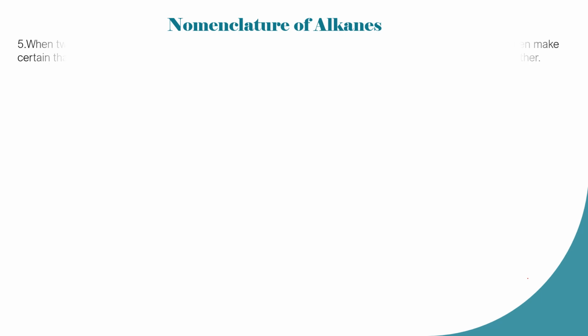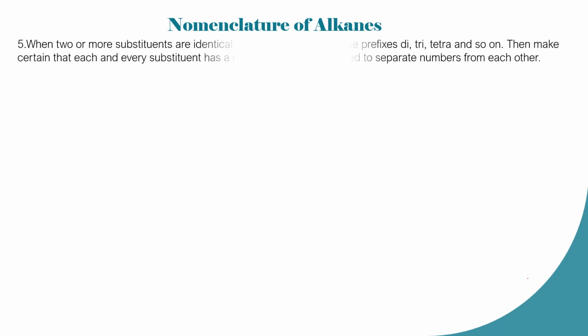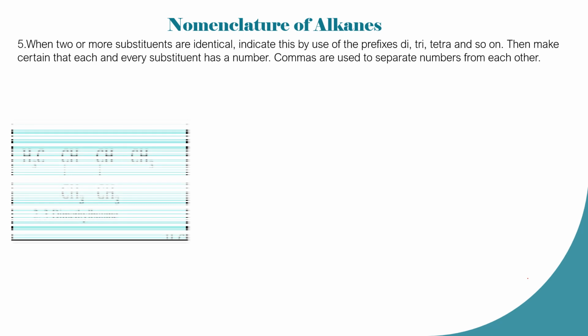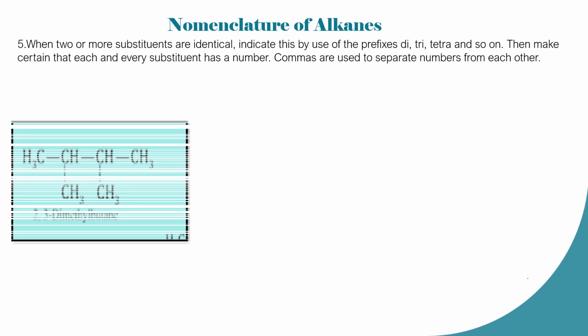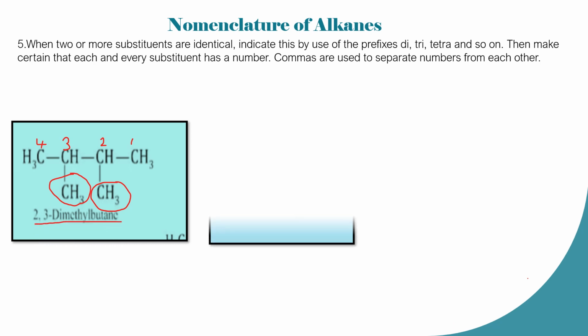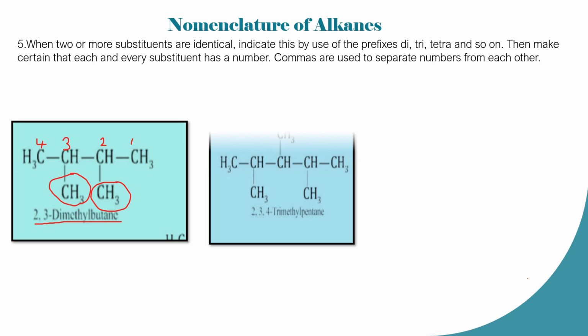The fifth rule is, when two or more substituent groups attached to the parent chain are identical, first give a number to each substituent group and write the prefixes di, tri, tetra, and the numbers are separated with commas. See the example. The first one, the longest chain is 4 carbon atoms, and two methyl groups of the same type are attached to the second and third carbon atoms. So that's why 2,3, with the numbers separated by a comma. Then 2 means